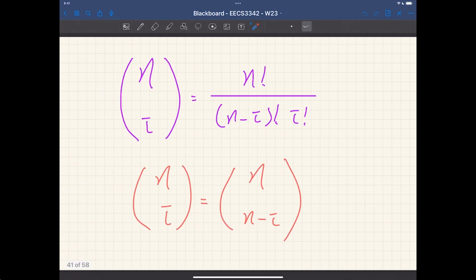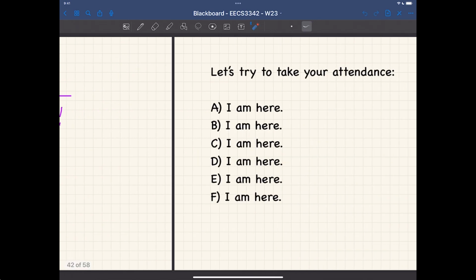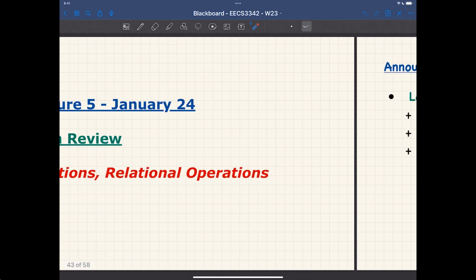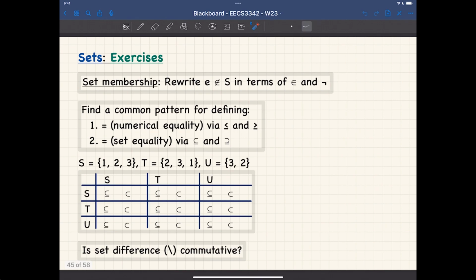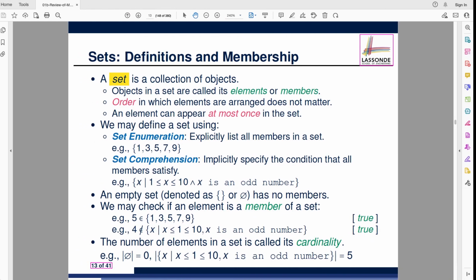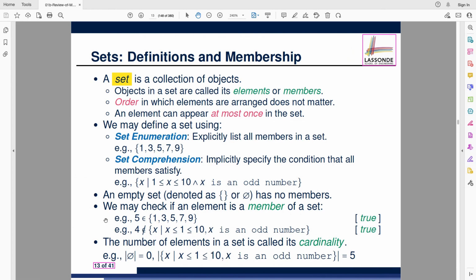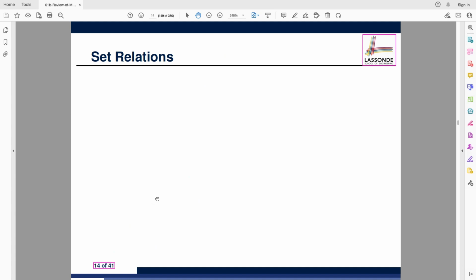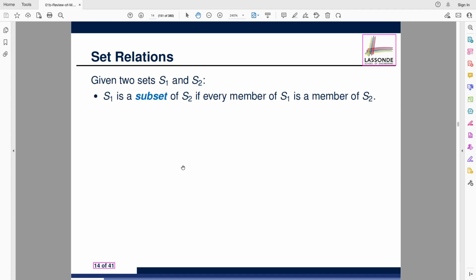All right, for today, I'll talk about this formula briefly as well, okay, just for your information. And for today, I want to start with some simple exercises together with you, just to make sure you're okay with the basics. Right? It's basically based on the slide over here, and about the set comprehension expression here, you will see a lot of examples in the slide as well. For example, when we define the basic operations, let's take one for example. If you, oh, sorry, not here just yet, but I'll show it to you later.